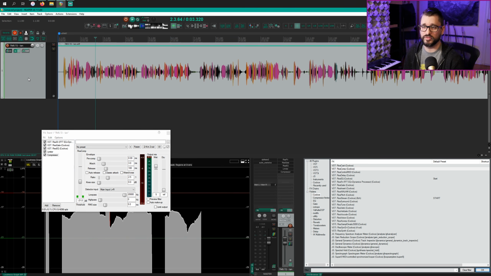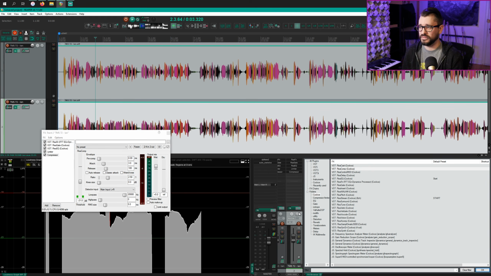The first one I would change would be the noise reduction, and then I would change the compressor. But like I said, these do sound good. They give you all the flexibility that you would need, and you can get this going really quickly. So if you're curious about how this would sound with my regular plugins,